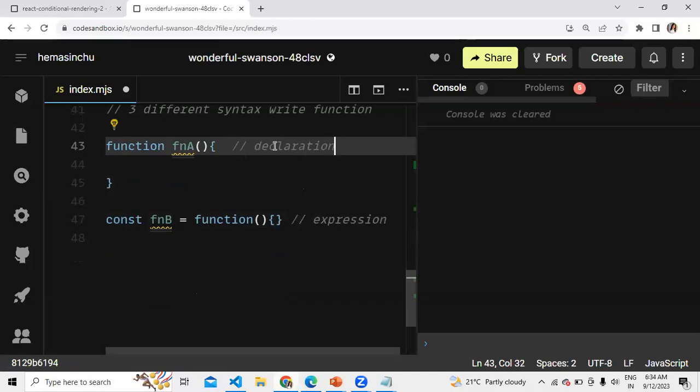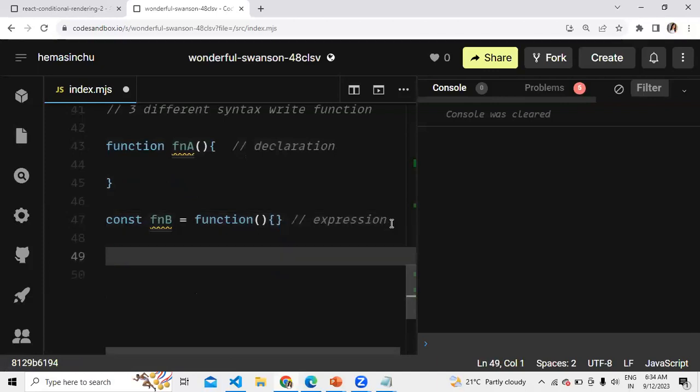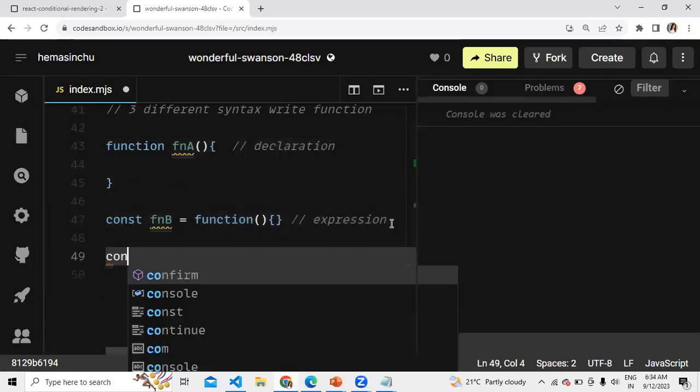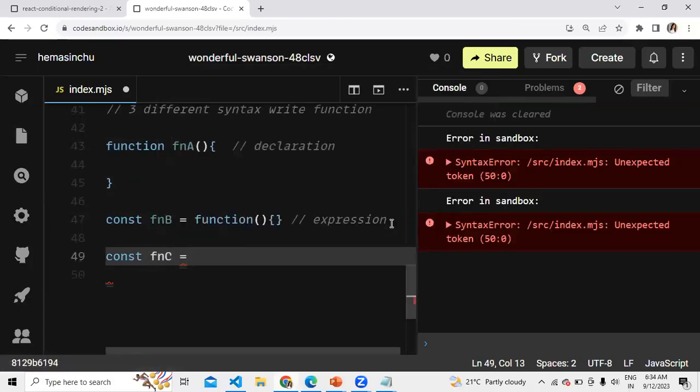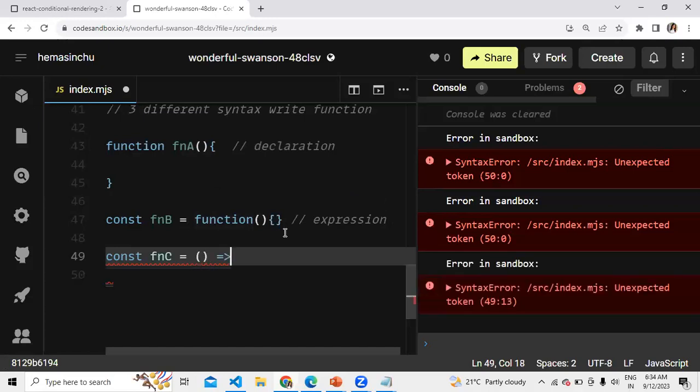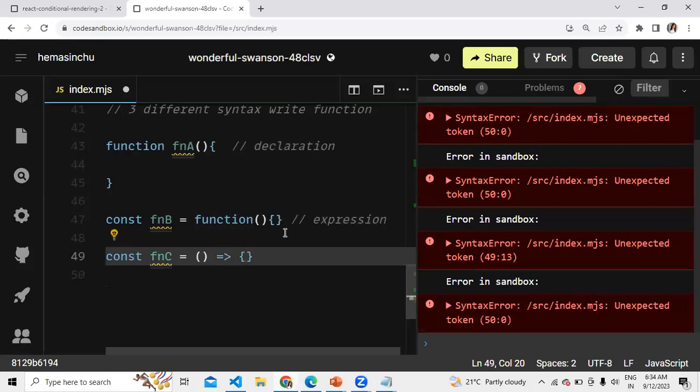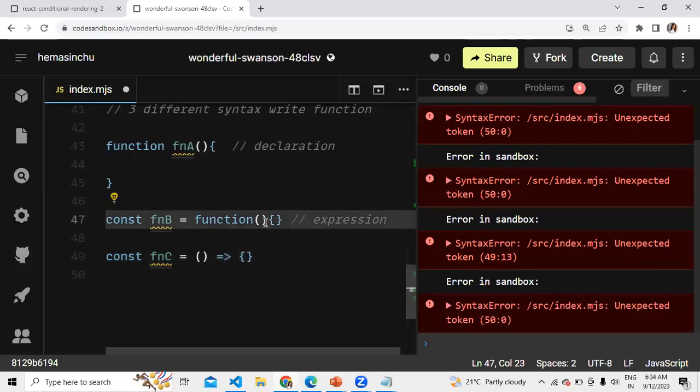With having these two syntaxes, JavaScript introduced another simple syntax. It's called arrow function. We write almost the same as the declaration syntax, but we won't be writing the keyword function. Instead, between the parenthesis and the curly bracket, we introduce an arrow.